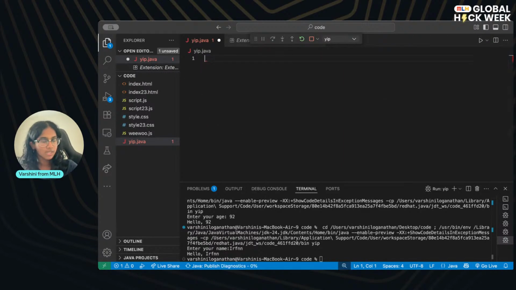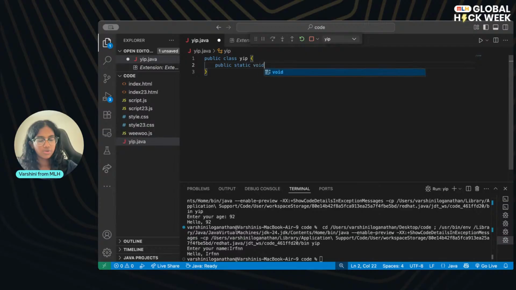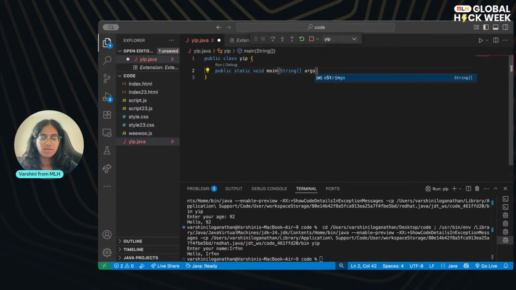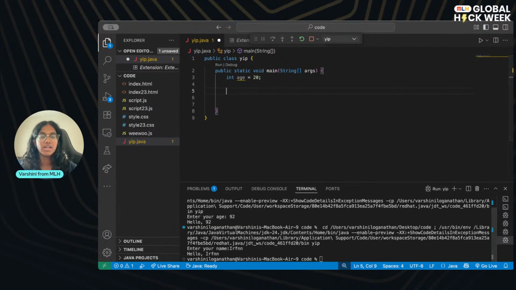So let's try something. Let's do another set of coding. We're going to do public class. Again, use your file name. And we're going to say public static void main, our whole spiel that we've got. Honestly, I was going to think we should just copy and paste it each time, but I think we should type it just so we get into the habit of doing it. So we're going to do int age equals 20, just for like a sample of things. I've been typing in Python so much, it's been so long since I've properly coded in Java, that I'm just not used to adding semicolons.